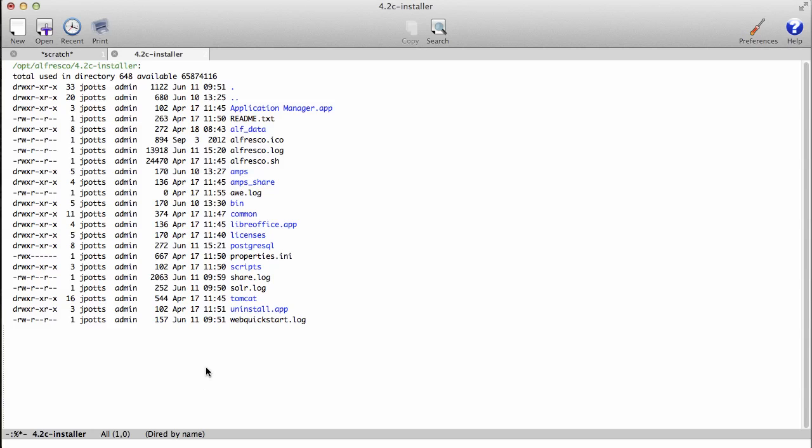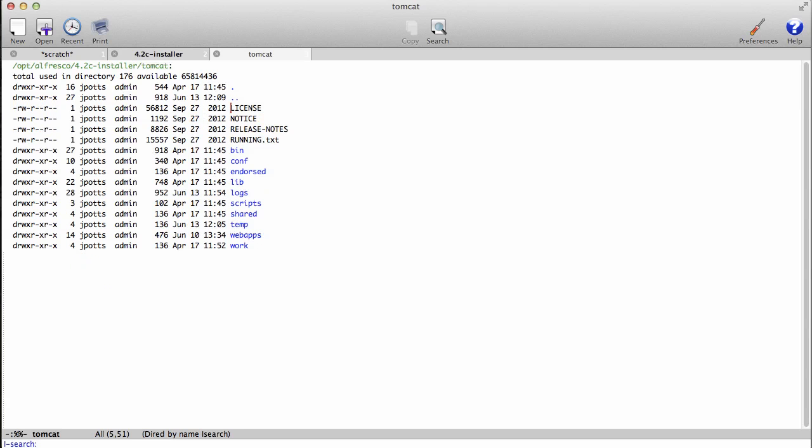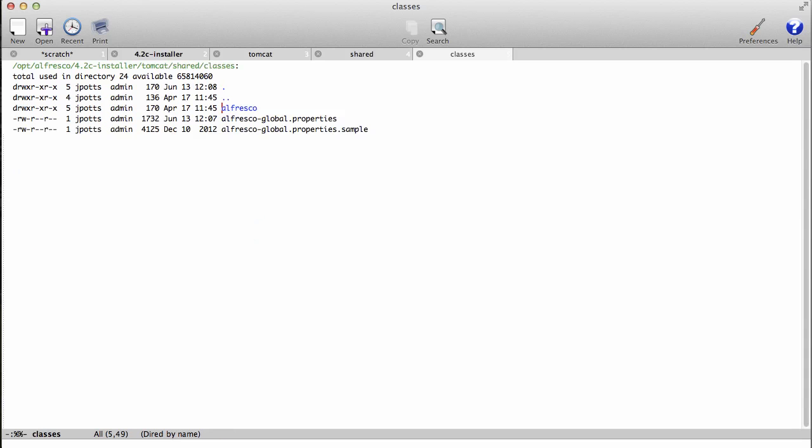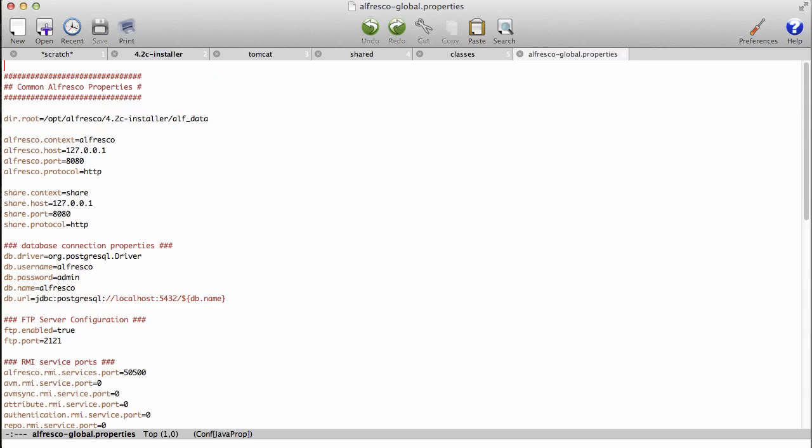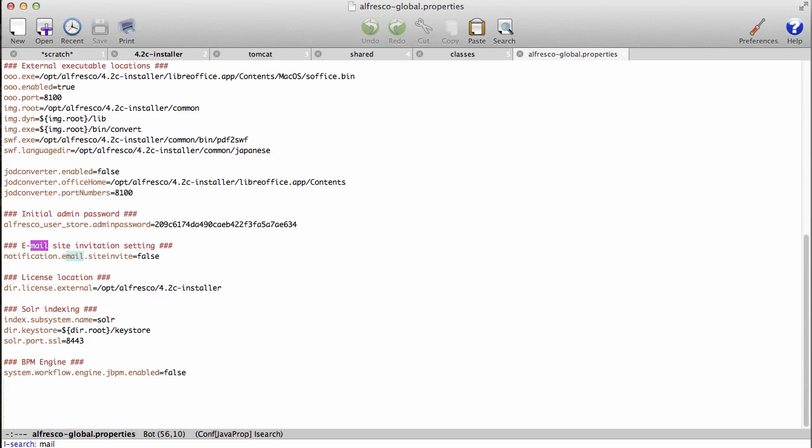I want to show you how to configure outbound email for your Alfresco Community Edition server. I'm sitting in the root directory of where I have installed Alfresco using the binary installer. I've got a text editor open and I'm just switching into Tomcat shared classes, and I want to edit the alfresco-global.properties file. If I search for mail, I'll get the first setting I need to change, which is